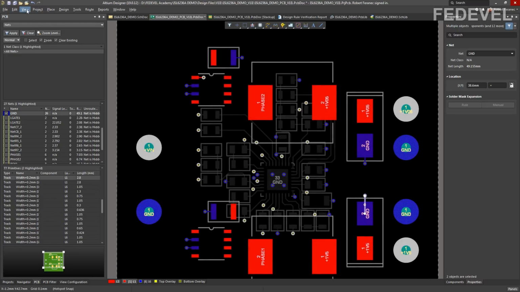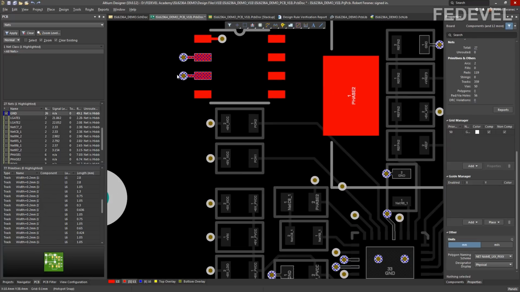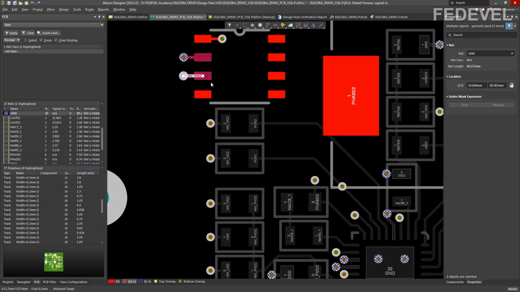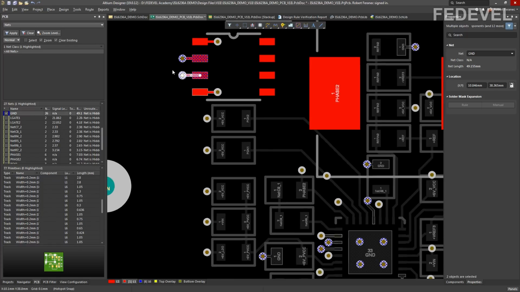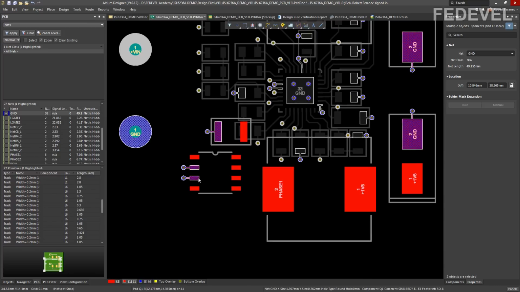Okay. The next pin is connected down here. Zoom in, select, Ctrl C, Ctrl V. We will connect it later on a different layer.